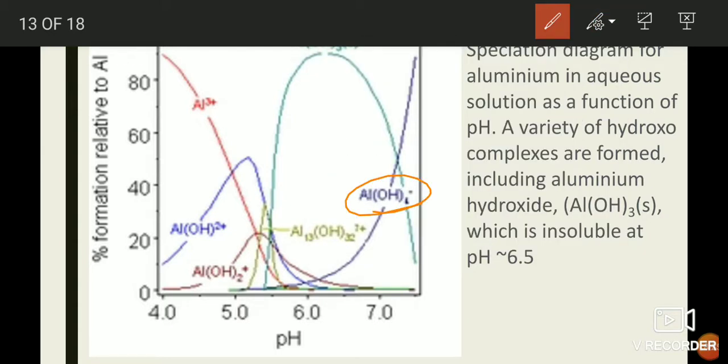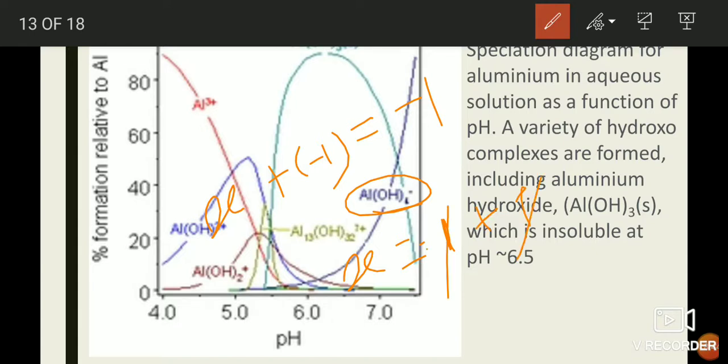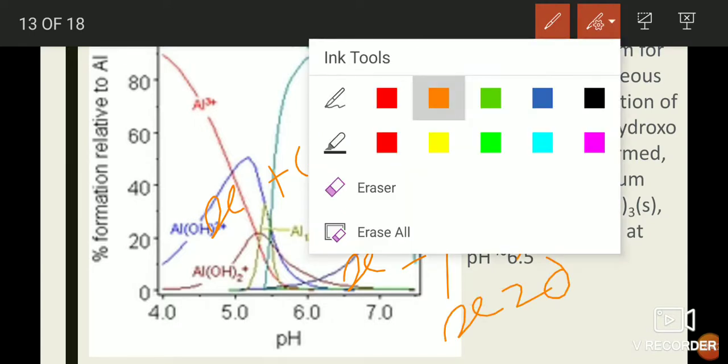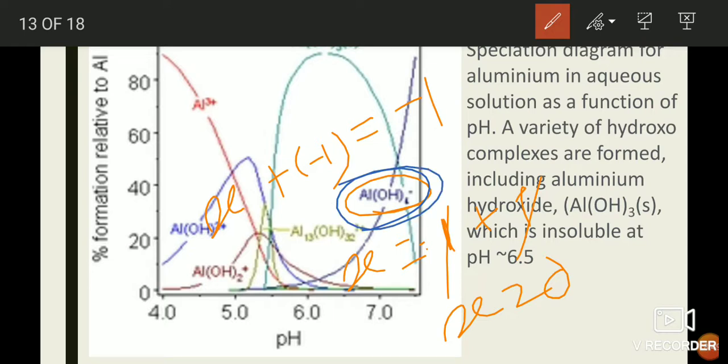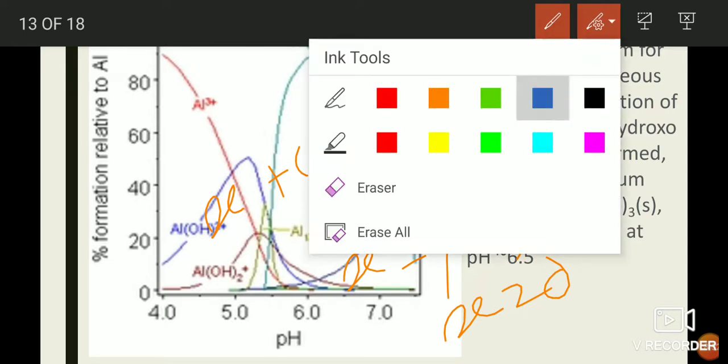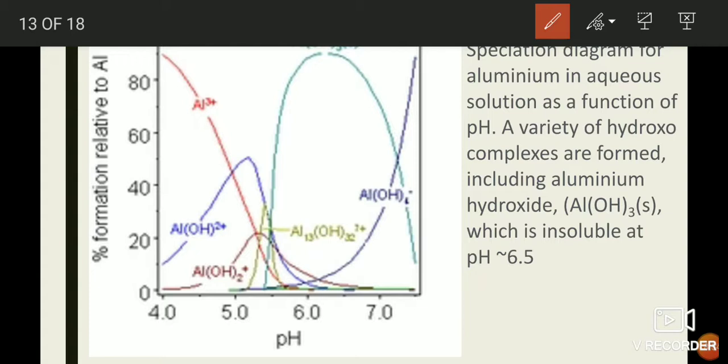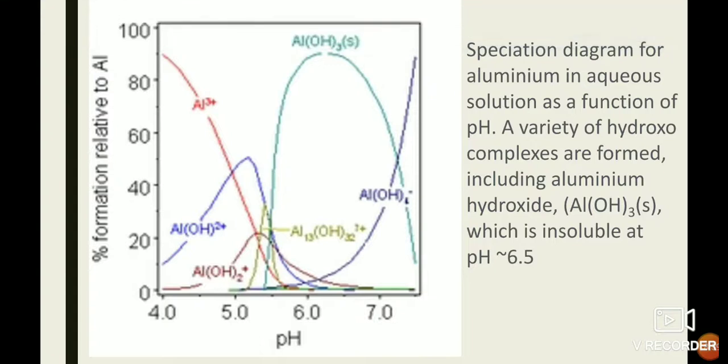Okay, the complex's overall charge is minus 1, which equals the hydroxide ion's minus 1 charge plus X, the aluminium oxidation state. So X is equal to 1 minus 1, which is plus 1; minus 1 and plus 1 cancel, so X is equal to 0, and this complex's aluminium oxidation state is 0. These are some variable oxidation state aluminium hydroxide complexes.